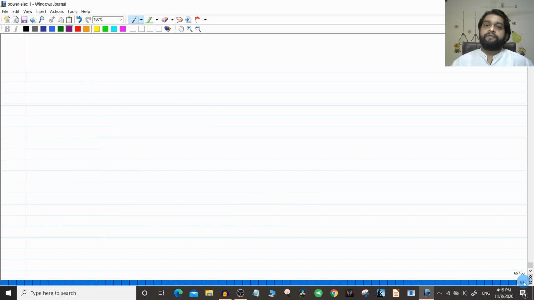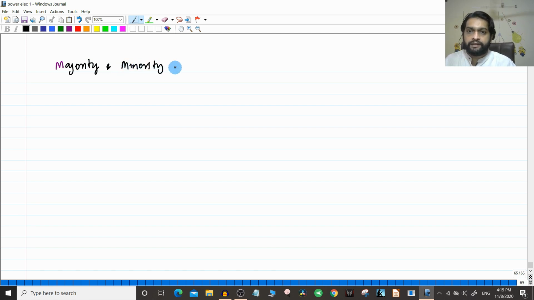Now, because we have understood a little bit about the p-type and n-type materials, we can start with the concept of majority and minority carriers. In the intrinsic material, this type of concept is not there. The majority and minority carrier concepts come in extrinsic types of materials. Now, you know that in a simple silicon intrinsic material, due to the gain in thermal energy or light energy, some electrons will leave their valence band and go into the conduction band.